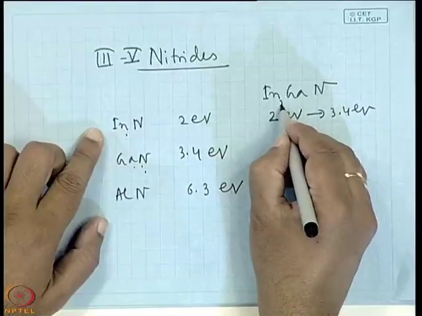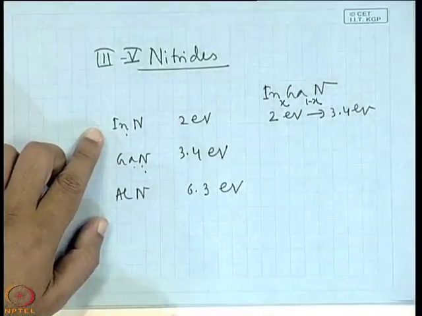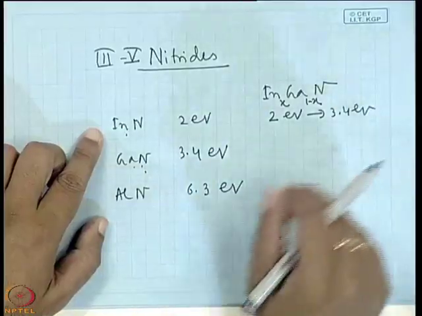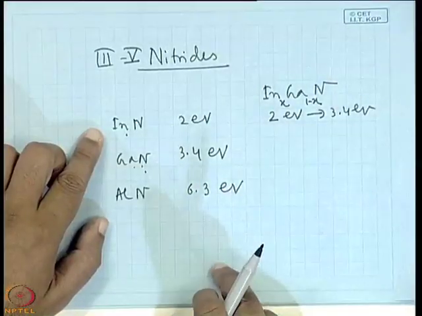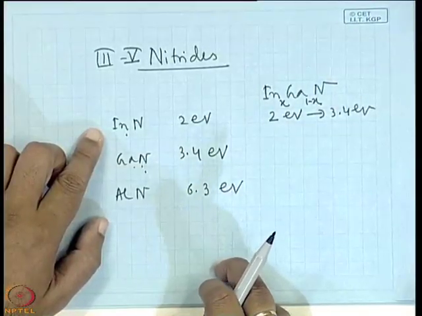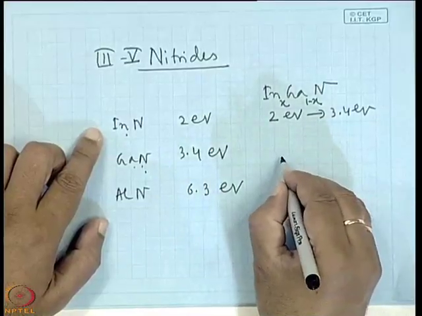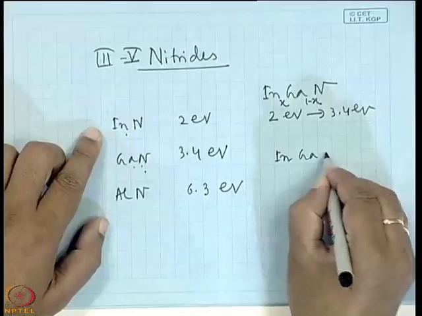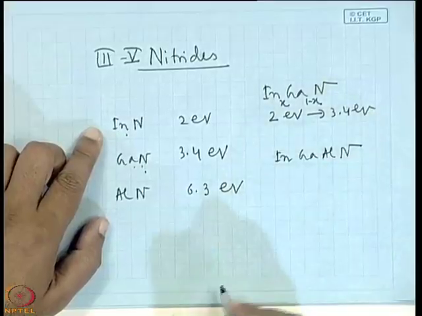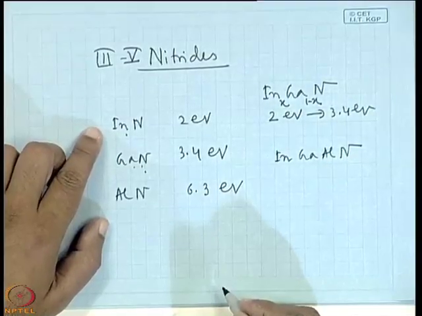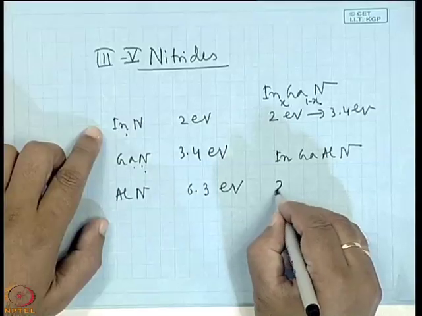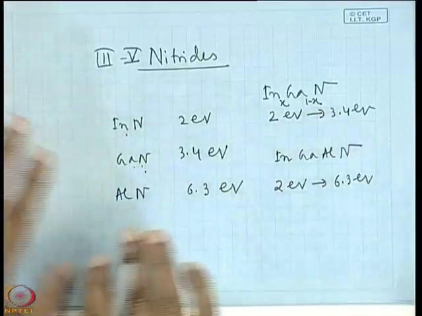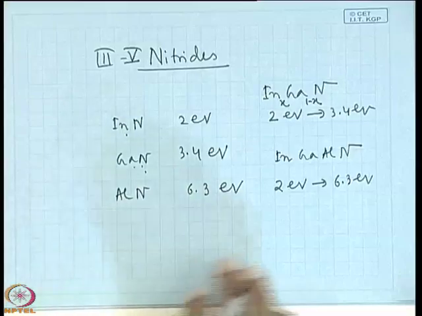Just by changing x, it is x, it is 1 minus x, you can tune the band gap from 2 electron volt to 3.4 electron volt. Or if you change that to indium gallium aluminium nitride, what do you find? You can tune the band gap from 2 electron volt to 6.3 electron volt, a very large band gap, which covers